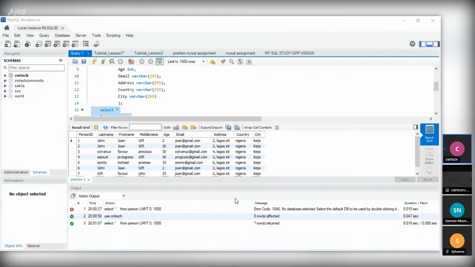So we are going to make use of equal to, not equal to, greater than, lesser than, greater than or equal to, and lesser than or equal to. These are the comparison operators in MySQL.